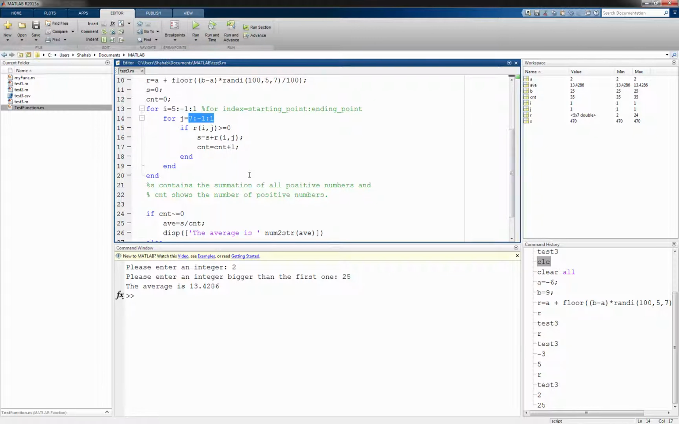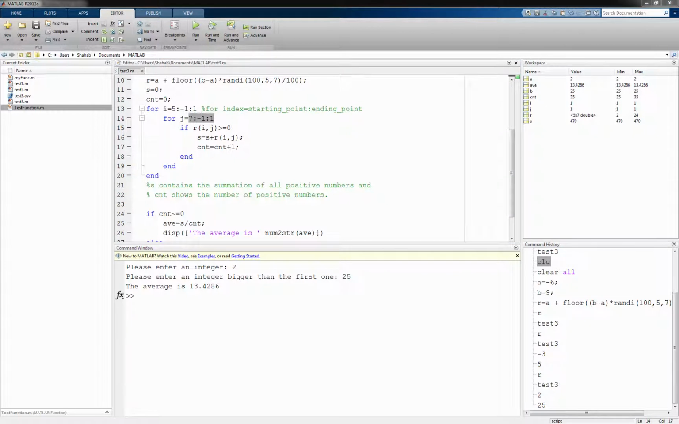Now, in the next lecture, we will talk about another way of making a loop, and we will talk about while, and we will see how we can use it, and then we will try to do even